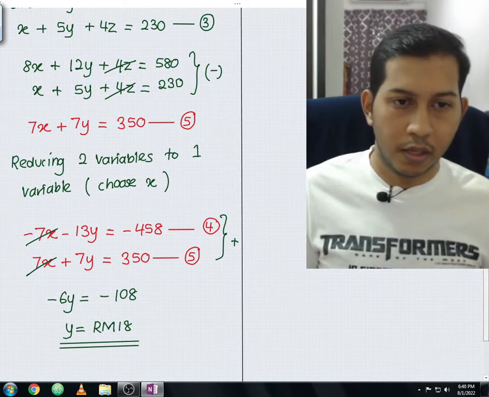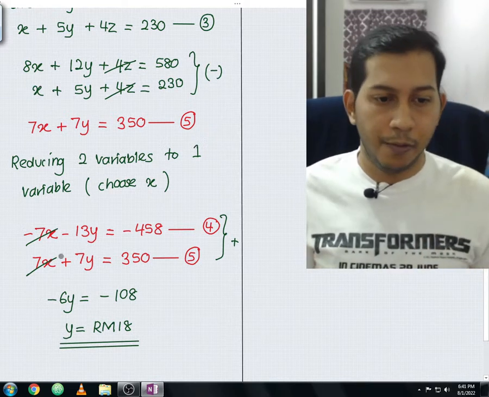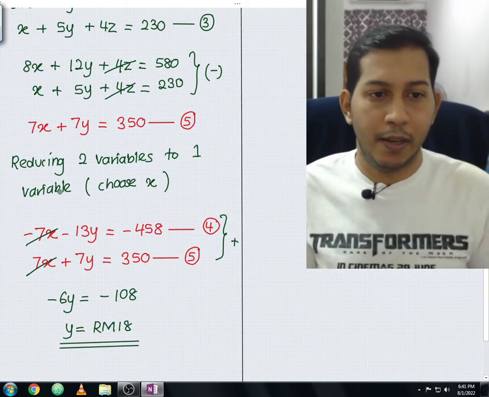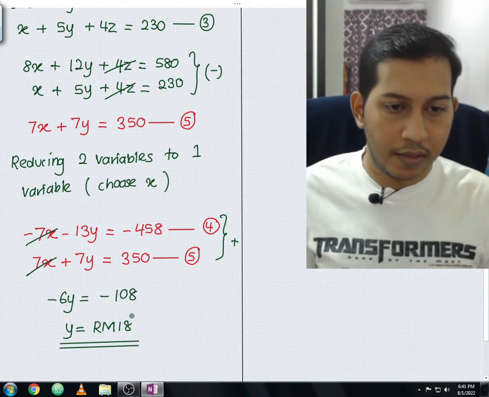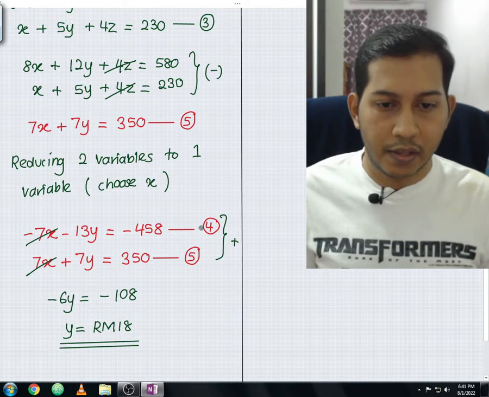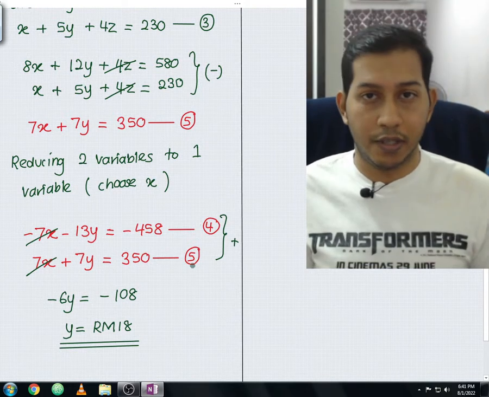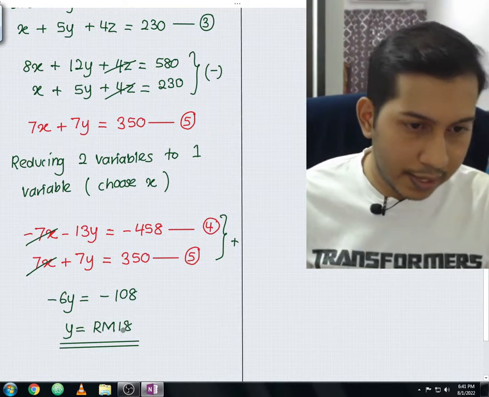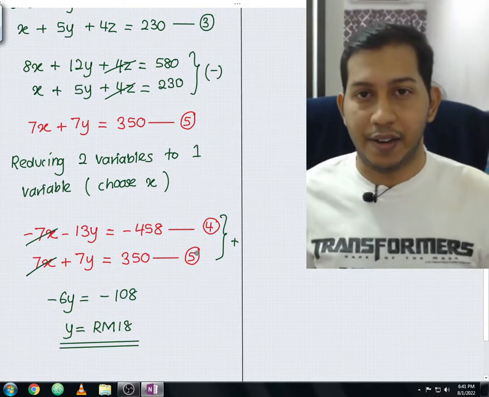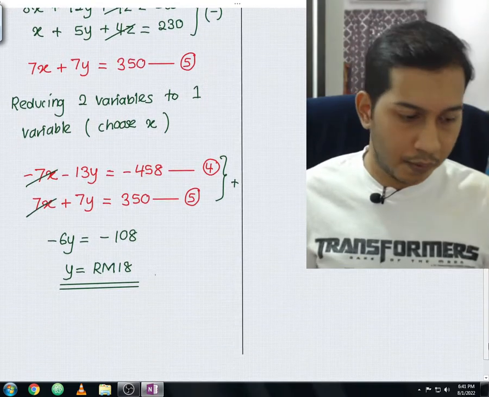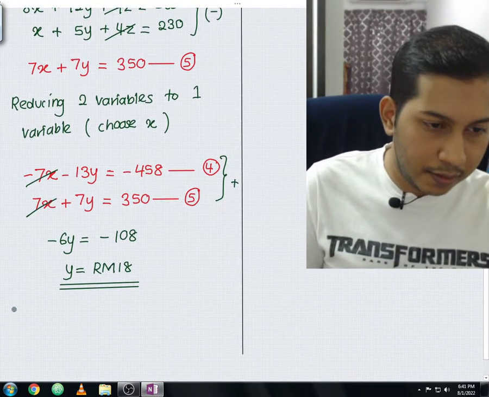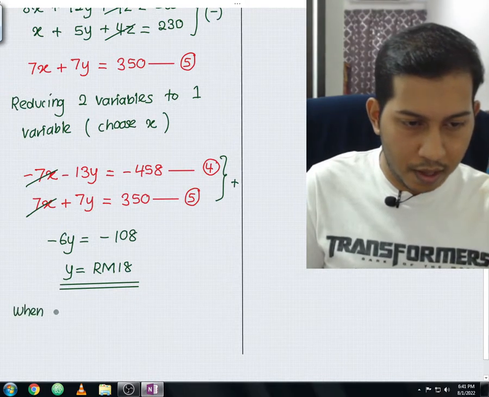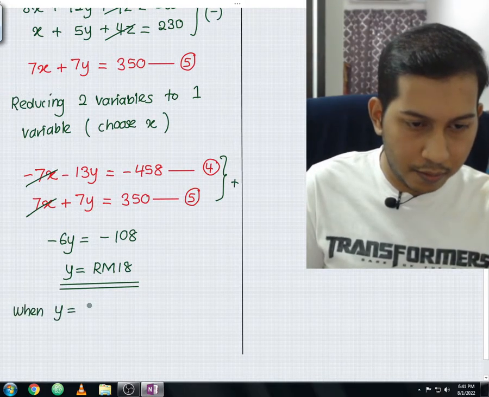Okay, so once we get the y value, the next step is we can find the x value. So how are we going to find the x value? You can substitute this value into either of these equations, either equation 4 or equation 5. Okay, it is up to you. In this case, I choose to substitute into equation 5. Okay, so from here, when y equals 18, okay, when y is equal to 18 ringgit,